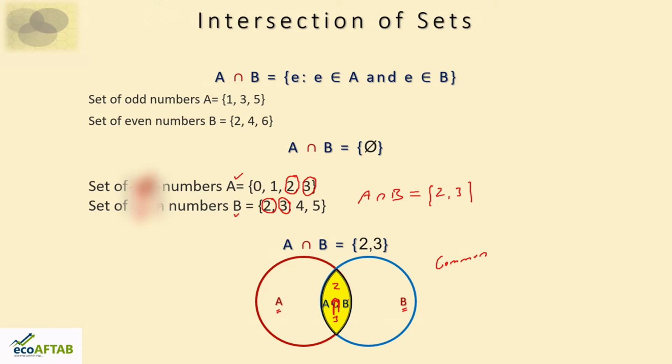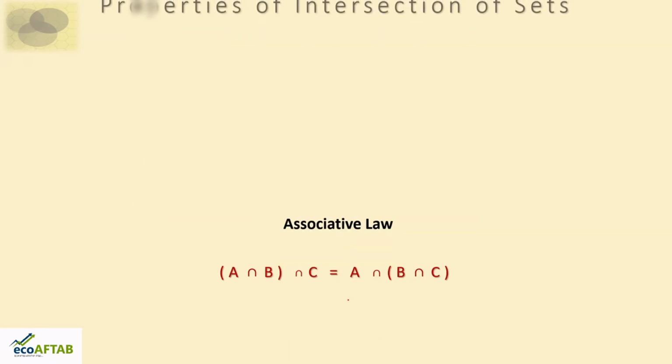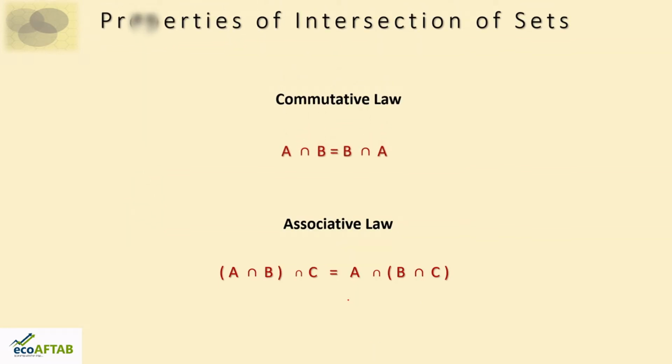So with this we'll come to the next part, properties of intersection of sets. Again the same properties that we saw in union. There it was A union B is equal to B union A. Here it is A intersection B is equal to B intersection A. In the same way, the associative law: A intersection B, in turn intersected with C, is equal to A intersection B intersection C. So you can have your own examples and try to work out these properties of intersection of sets. Moving ahead,